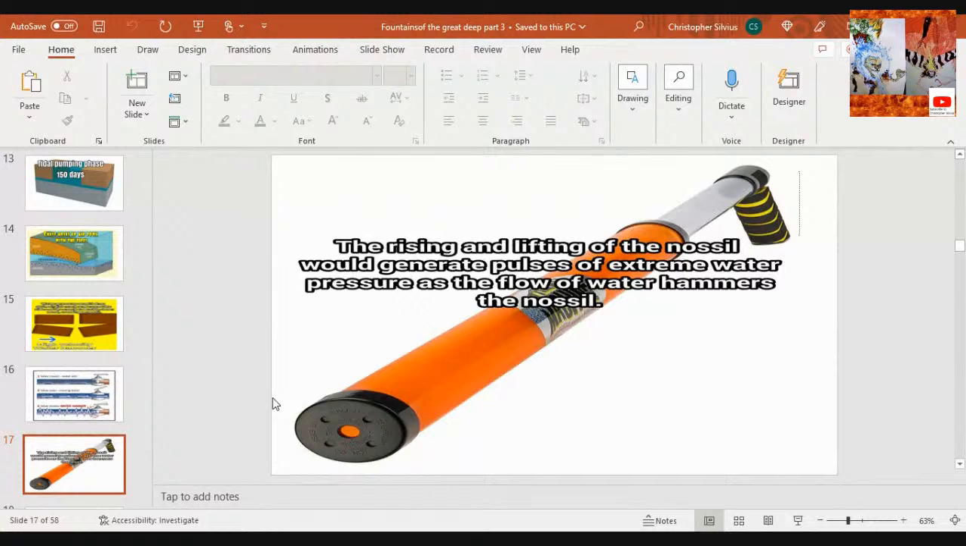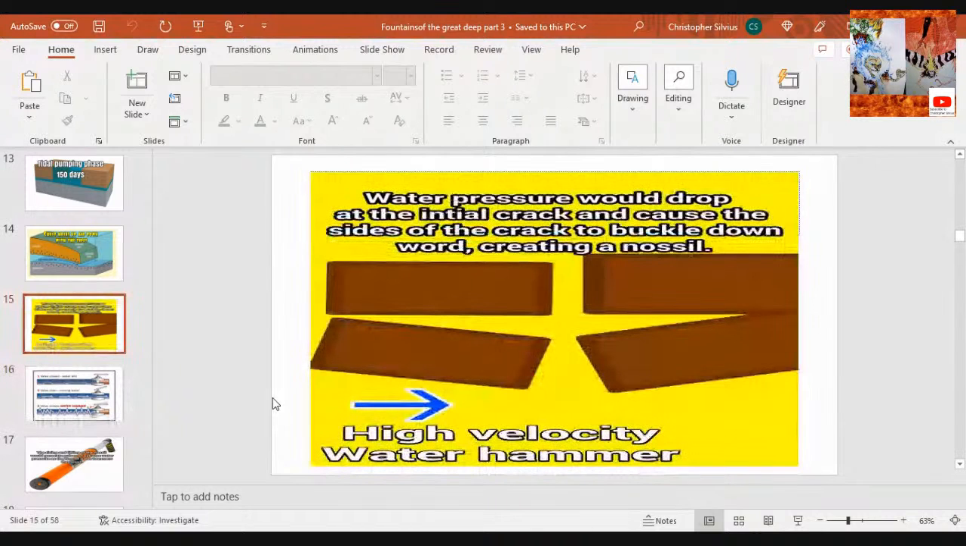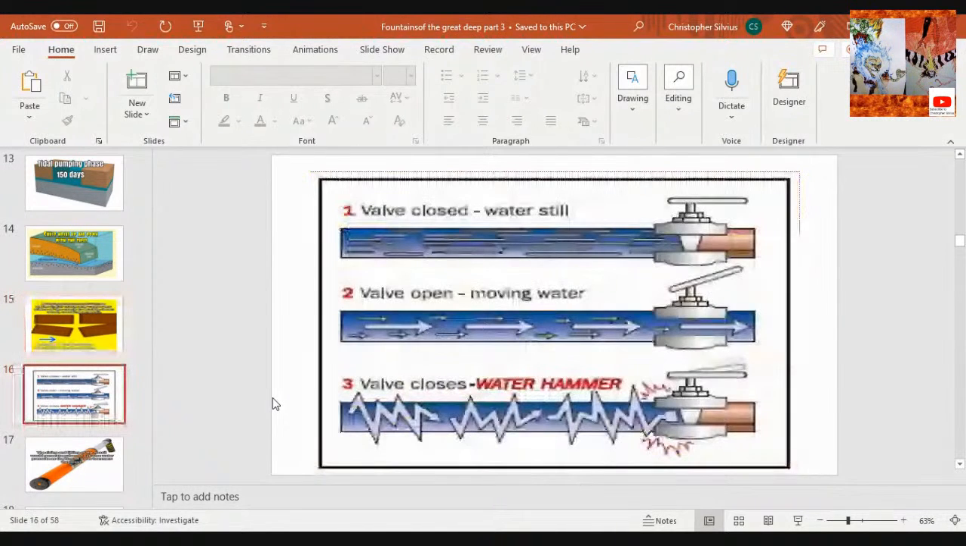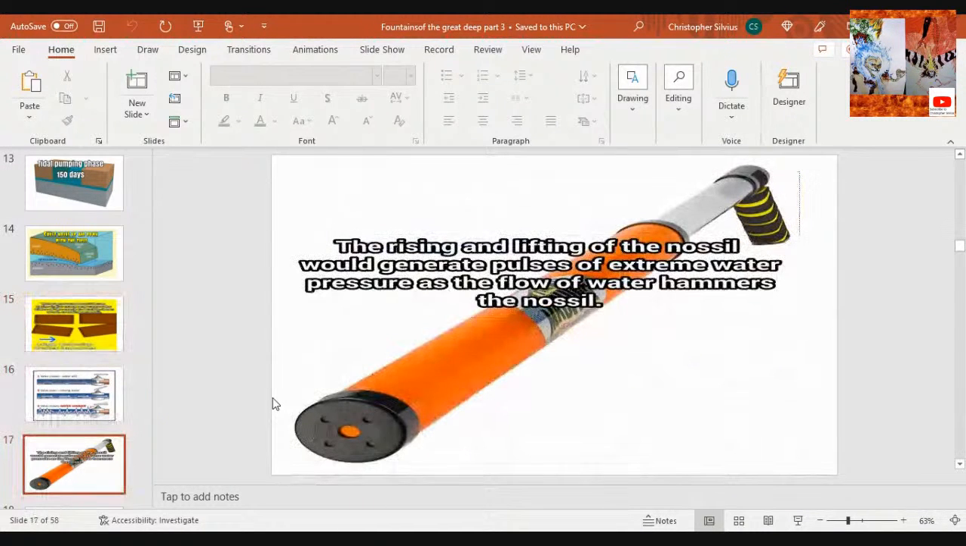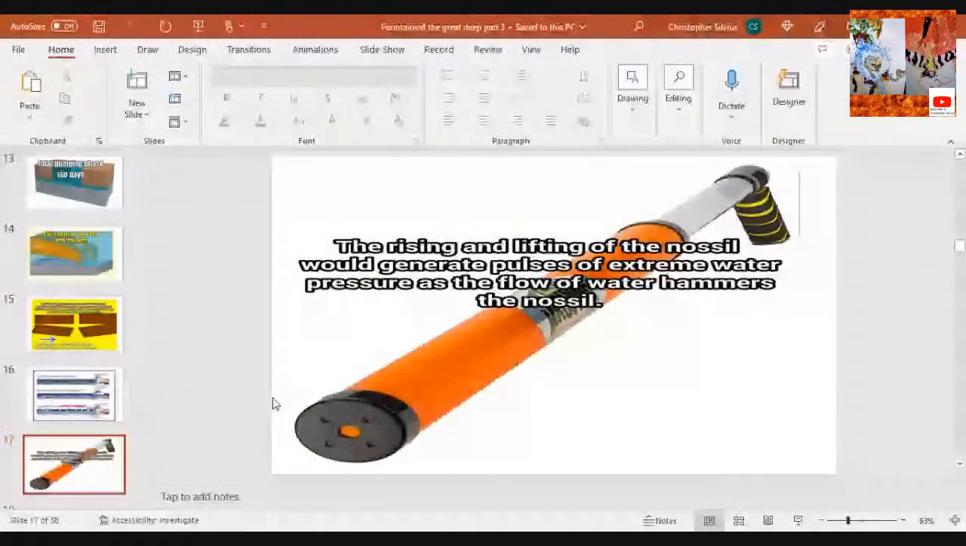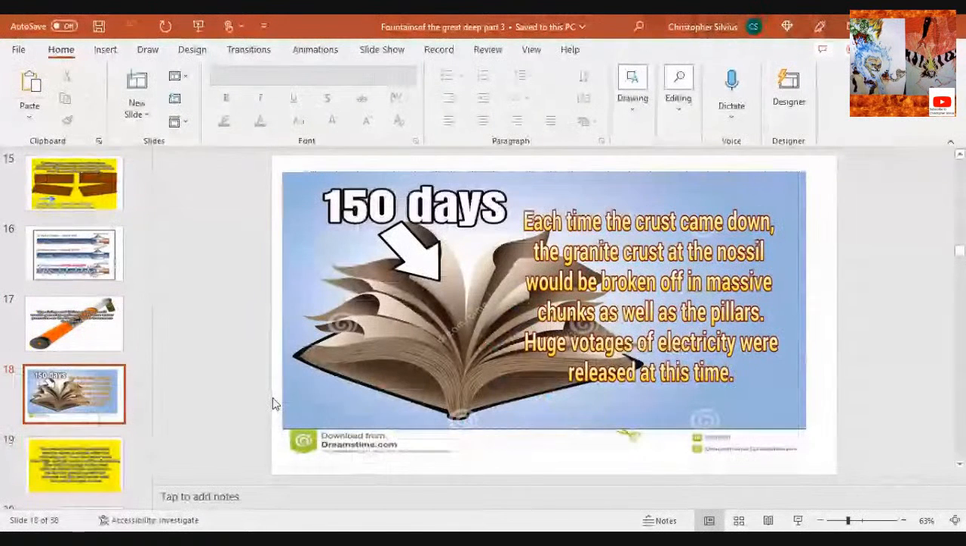So the rising and lifting of the nozzle would generate pulses of extreme water pressure as the flow of water hammers the nozzle. This will also increase the water pressure at that particular point. The walls of the rupture collapse and create a natural nozzle effect to basically propel all that water out into space, even. So a lot of it's going to come down, or most of it, but